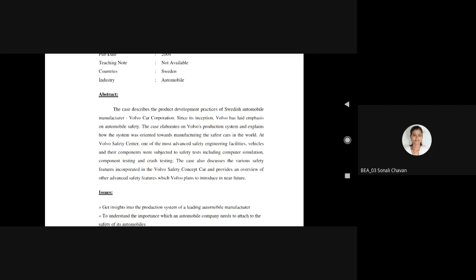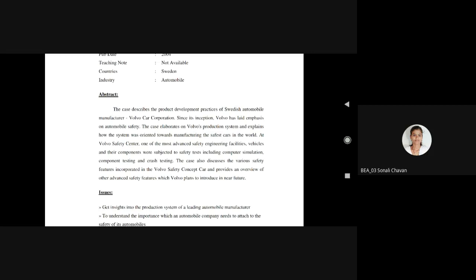Before we start the market survey, we have to make one questionnaire. प्रश्नावली म्हणतो आपण त्याला. So one questionnaire we have to make. According to that questionnaire, we have to fill it out from the customer or whoever is the surveyor.